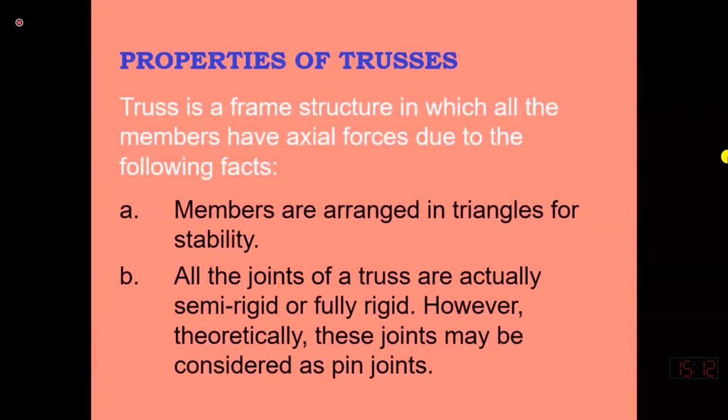For the same reason, even if you connect different members by welding, riveting or bolting, you are not actually providing a pin. Even though they are connected with welding or bolting, the joint is considered a pin joint. Why is it considered a pin joint? Because the summation of the moment is 0. Why is the summation of the moment equal to 0? Because the center lines of all the members being connected at a joint